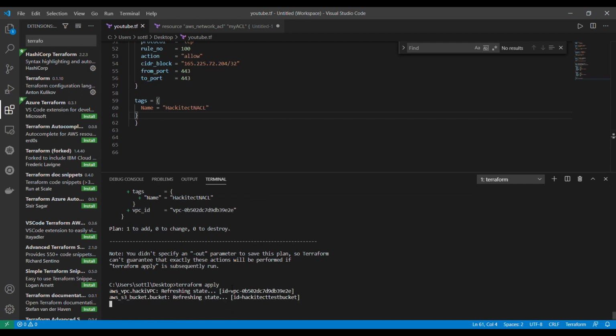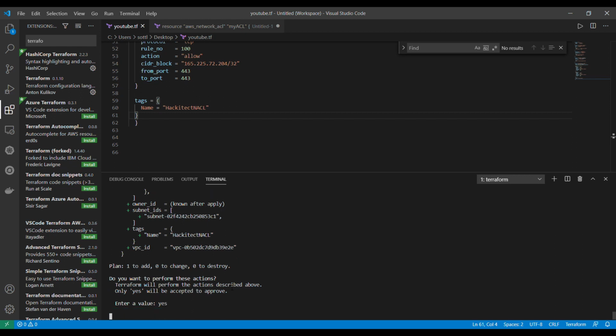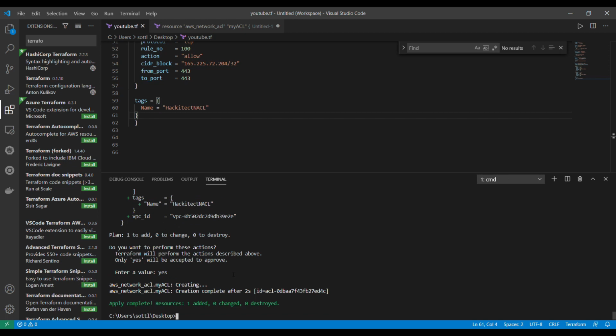It will again ask me if I want to apply the changes, of course that I want, and yes, apply the changes. Creating, and you see that it added new resource, basically 0 destroyed, 0 changed, and it created new ACL with this ID. And let's go and check what it does in AWS.